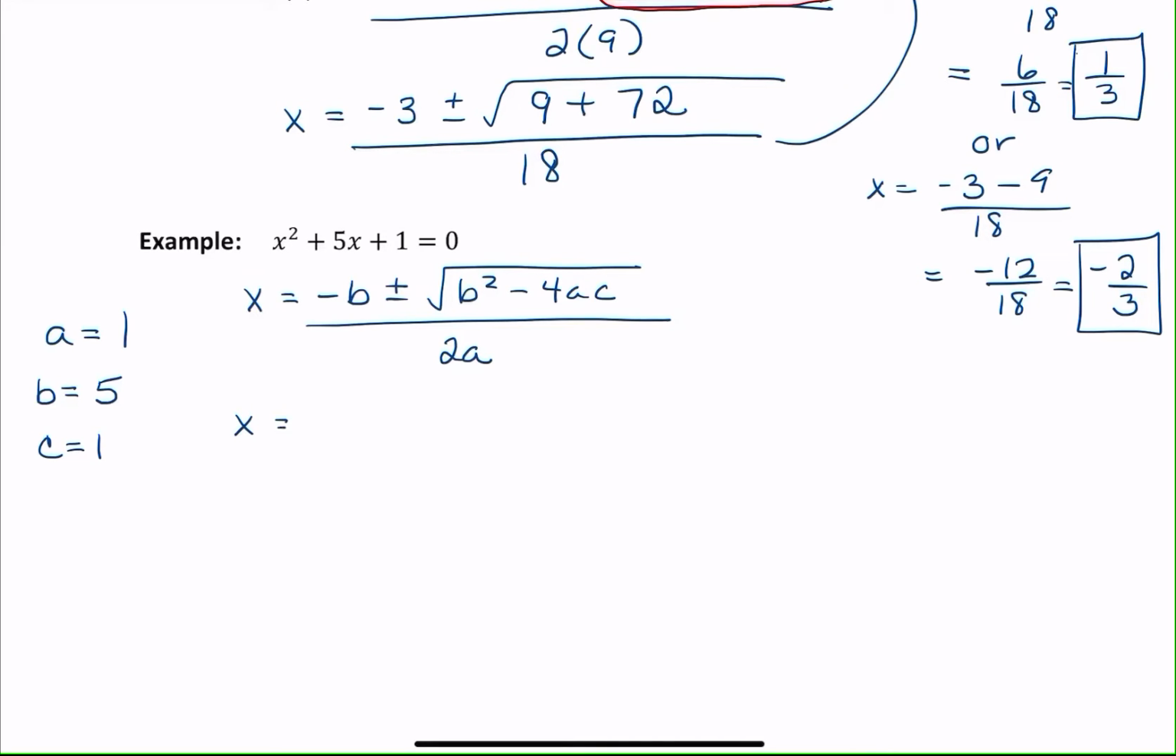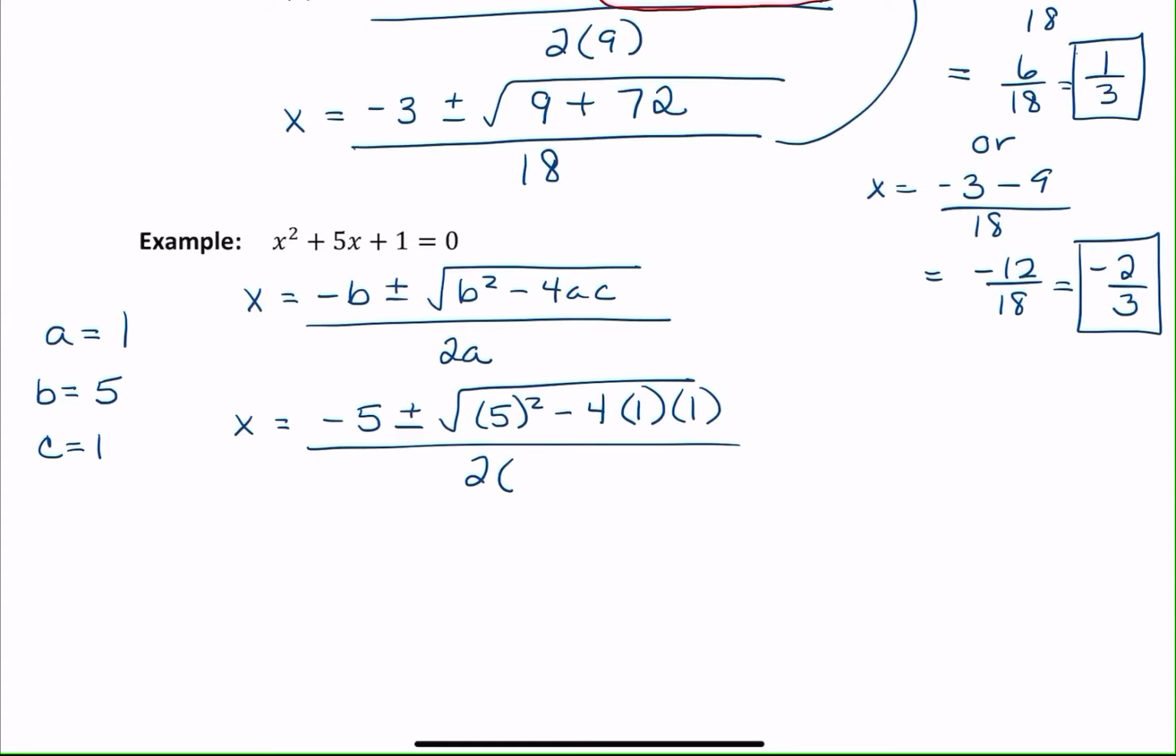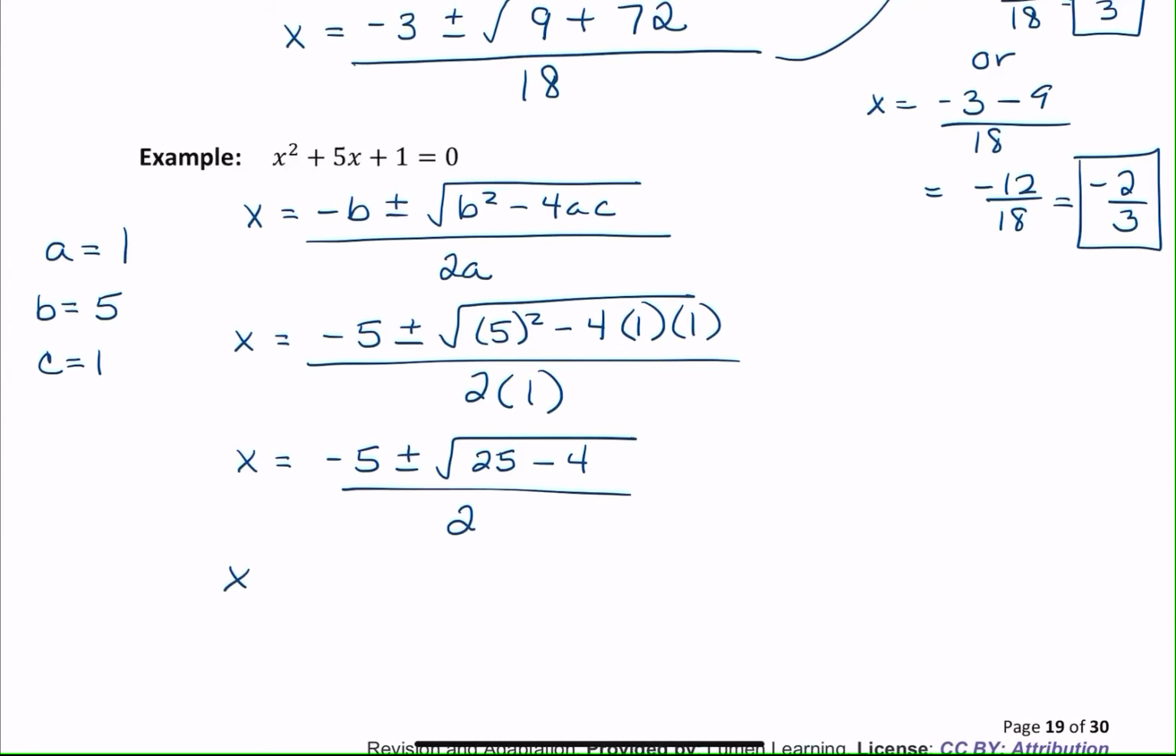So I've got x equals negative 5 plus or minus the square root of 5 squared minus 4 times 1 times 1, all over 2 times 1. So x equals negative 5 plus or minus the square root of 25 minus 4, all over 2. Which is going to give me negative 5 plus or minus the square root of